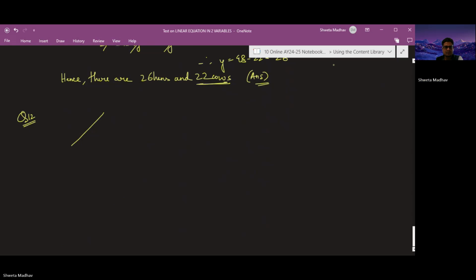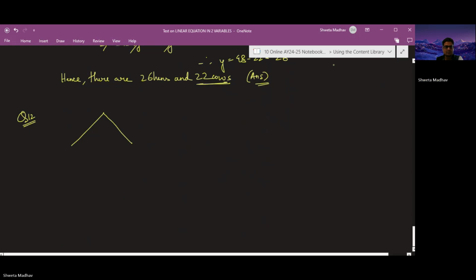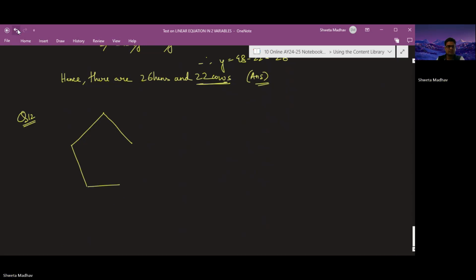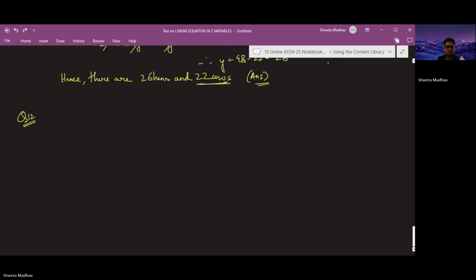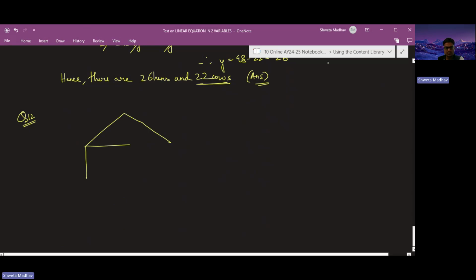The pentagon has been shown like this. This is A B C D E. So now here ABCDE is a pentagon